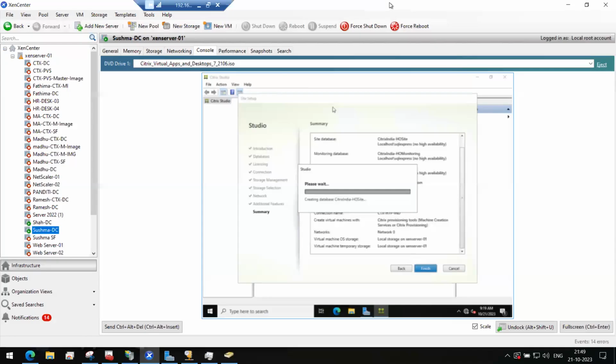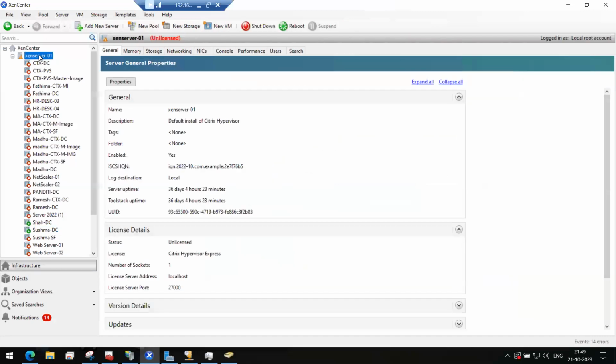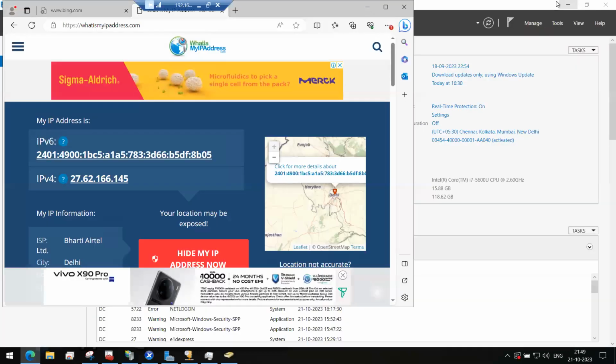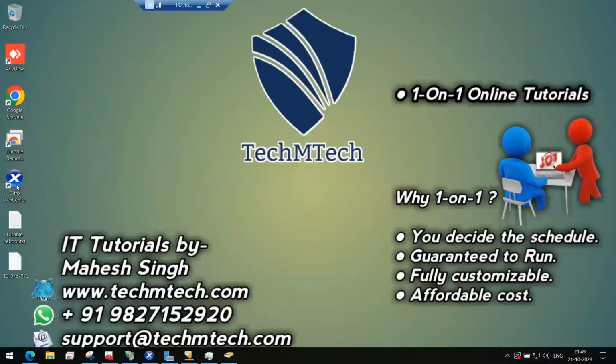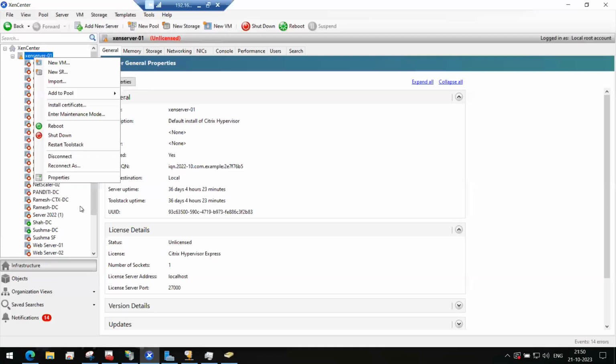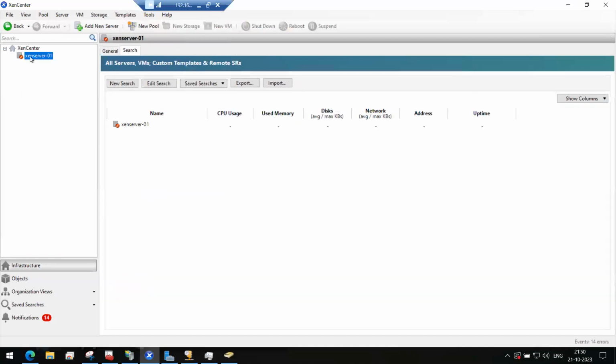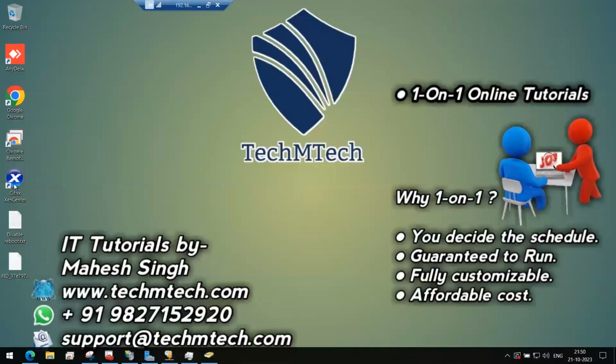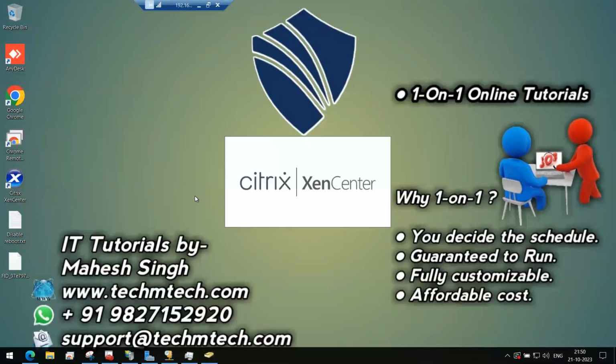क्योंकि ये जो हाइपरवाइजर है ना, ये बेयर मेटल है, ये किसी VMware पे इंस्टॉल नहीं है। और ना ही ये सॉफ्टवेयर है। देखो मैं तुम्हें बताता हूँ क्या है। ये मेरा सर्वर है। इस सर्वर पे मैंने सिर्फ एक एप्लीकेशन इंस्टॉल कर लिया है जिसका नाम होता है जेन सेंटर। और जेन सेंटर से मैंने कनेक्ट कर दिया मेरा जेन सर्वर। मतलब अगर मैं इसको डिस्कनेक्ट कर दूं अभी, चलो डिस्कनेक्ट कर देते हैं, इसको भी कर दिया और इसको फॉरवर्ड कर देते हैं, रिमूव भी कर दिया। तो ये सिर्फ एक सिंपल सी एप्लीकेशन है 20-40 MB की, उसको इंस्टॉल कर लेना होता।